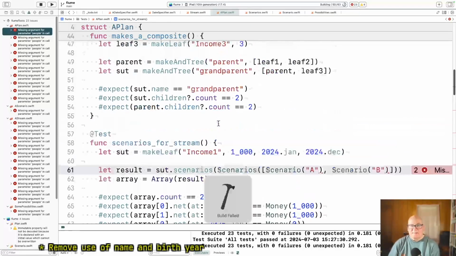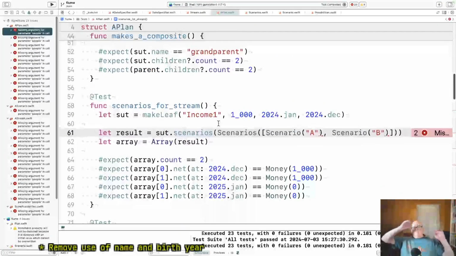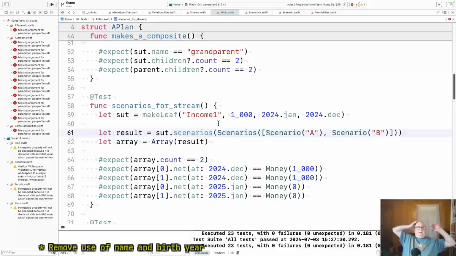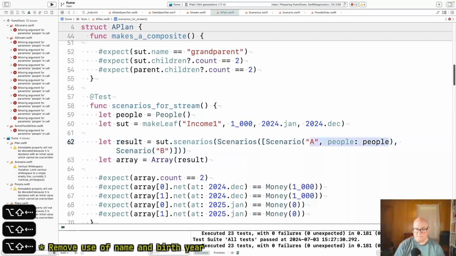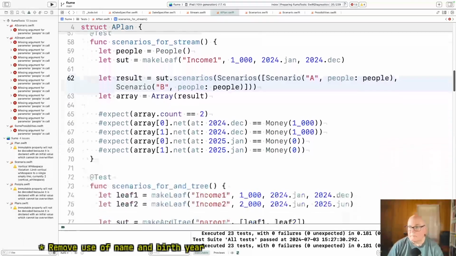Well, okay, now. Okay, so these scenarios aren't using dates, birth dates or anything. So let's just make an empty people. And then attach it on our scenarios. Okay.